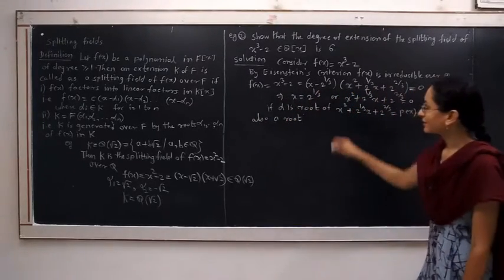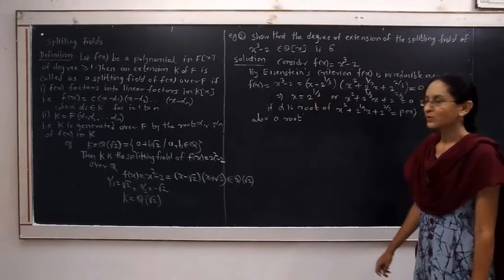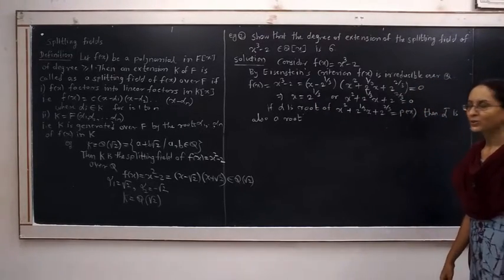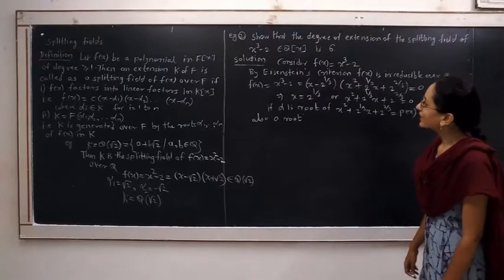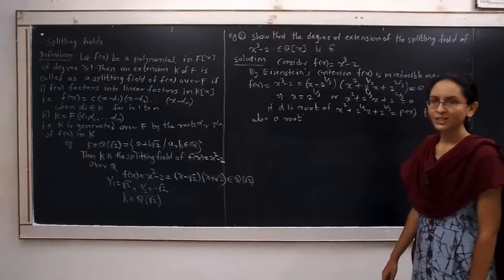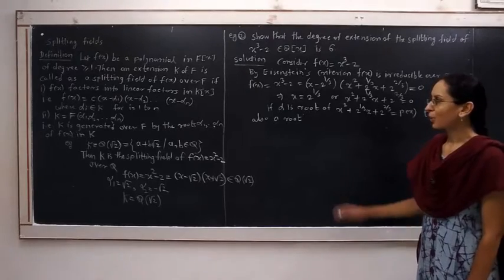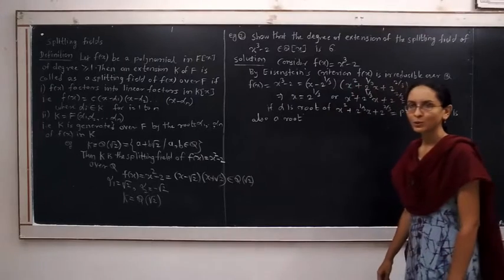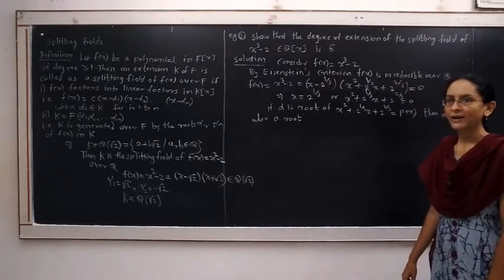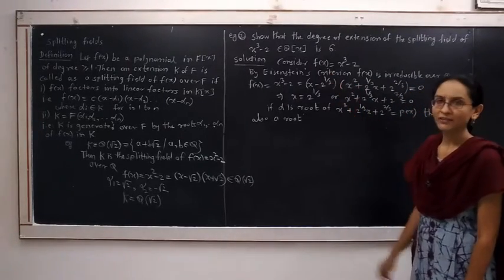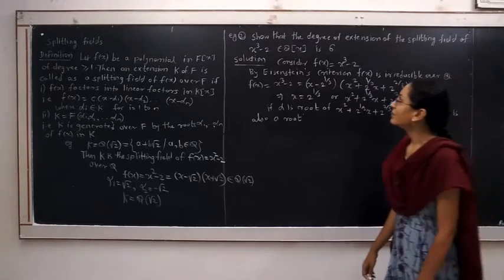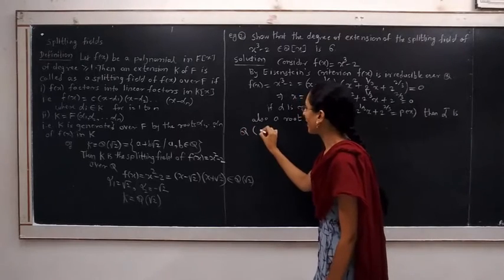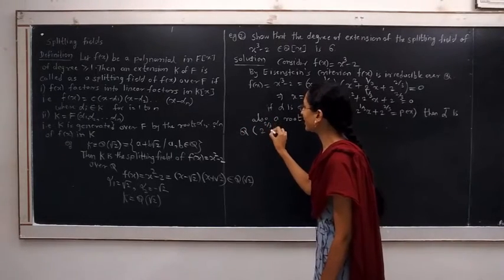We can see that 2 raised to 1/3 does not belong to Q. Also, alpha is a complex number, hence it does not belong to Q. But we get a smallest extension of Q that contains all the roots of this polynomial f(x). We have 3 roots, 2 raised to 1/3, alpha and alpha bar, for the polynomial f(x). And we get the extension of Q, called Q joining 2 raised to 1/3 and alpha.